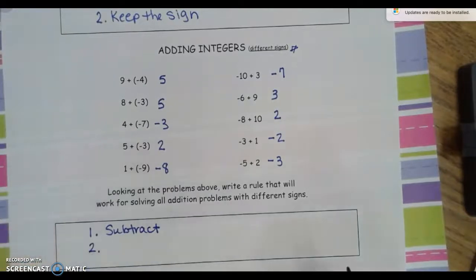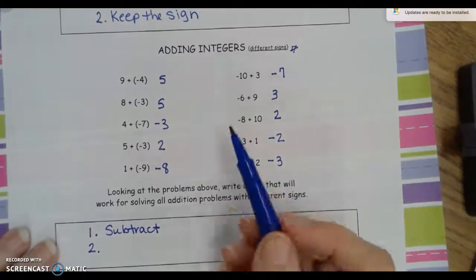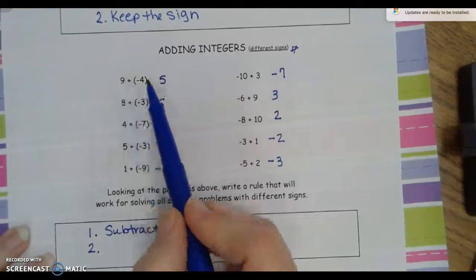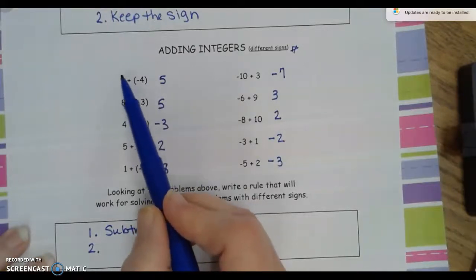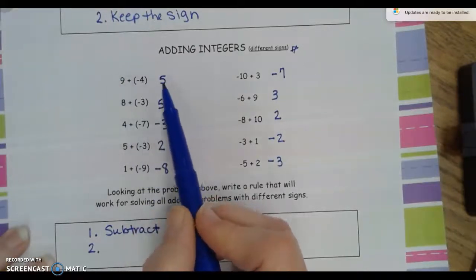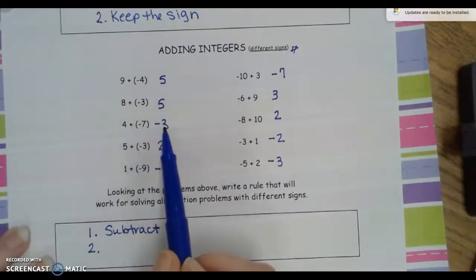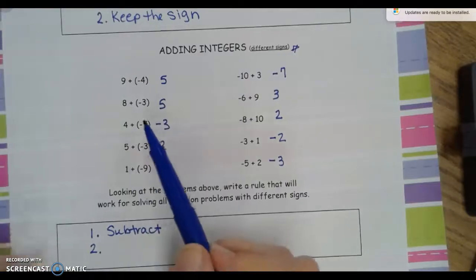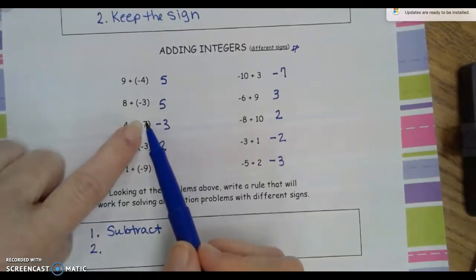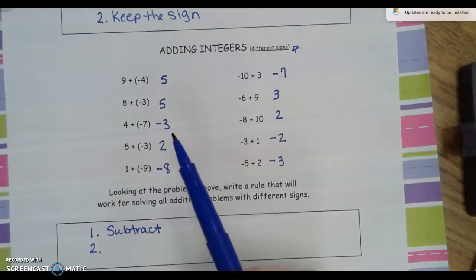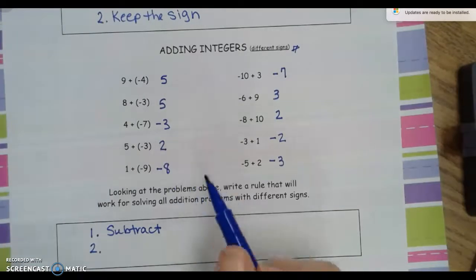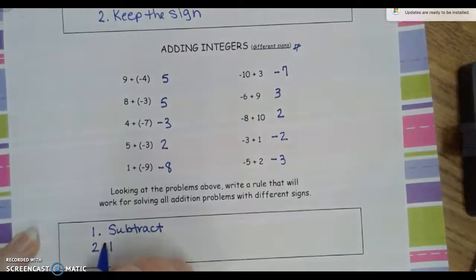Now, number 2, how in the world do we easily decide, is it positive or is it negative? So if I look at this, the 9 is bigger and it stayed positive. The 8 is bigger and it's positive. But then this one switched to negative. 7, if I don't think about negative, 7 is bigger. So the way we would say this is you're going to take,